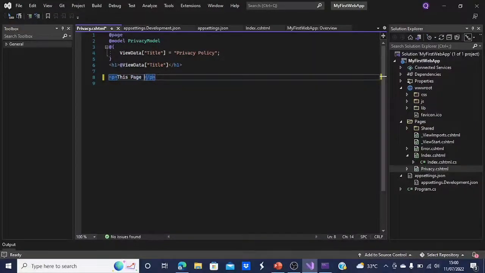This page is under construction, ViewData timestamp. Yes, like this. Ctrl+S.